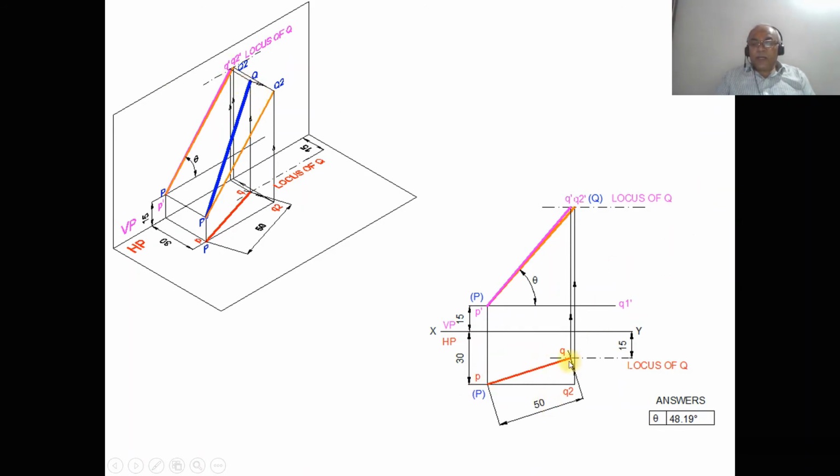So when you are rotating in orthographic view also, with P as center, taking the radius of PQ, you rotate it such that both P and Q2 are parallel to VP. Then you draw a vertical projector from Q2 so that it cuts the locus of Q in the front view, and you get this as Q2 dash. Join P dash Q2 dash with a little bit thicker line than the XY line. So you get the theta inclination. This is how you can analyze both the 3D and also stepwise in the orthographic view.